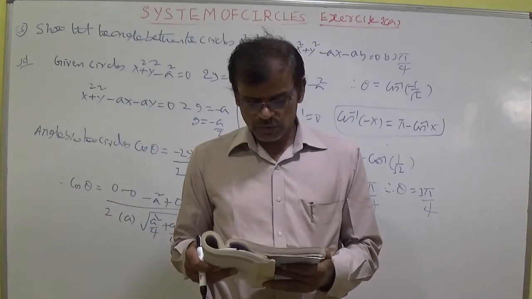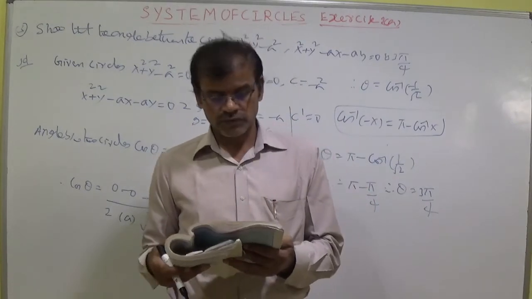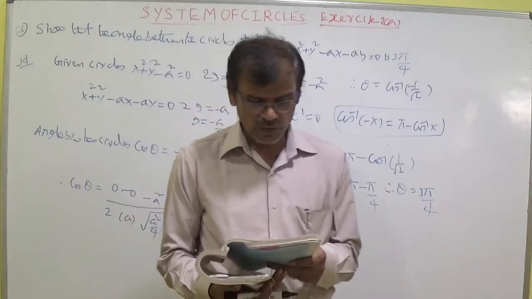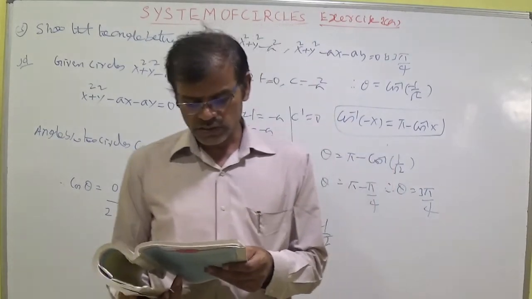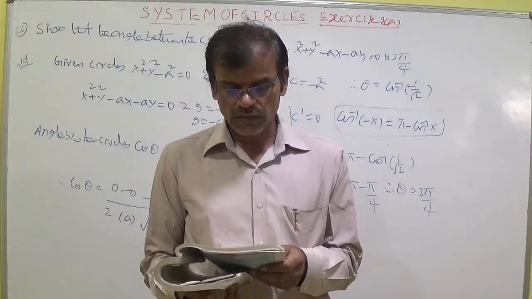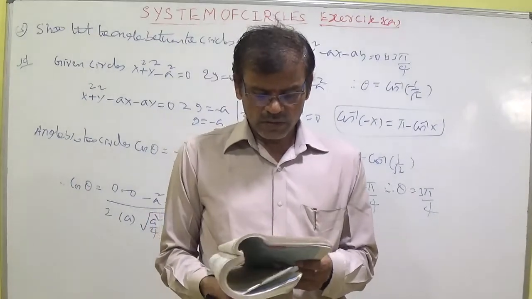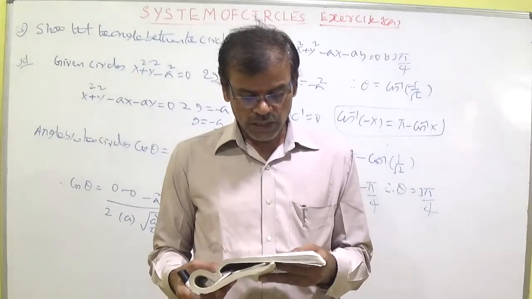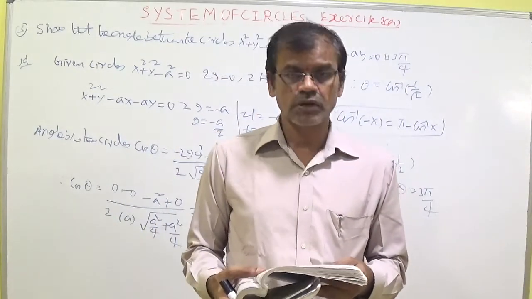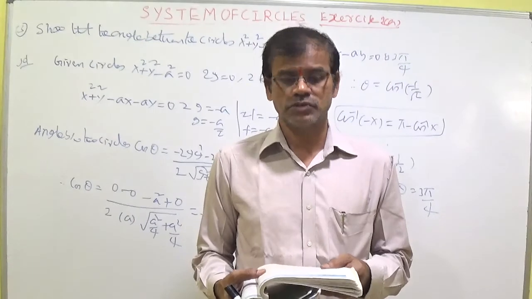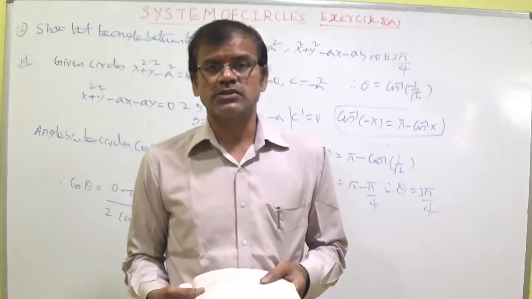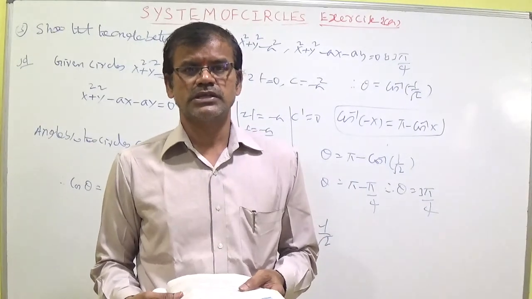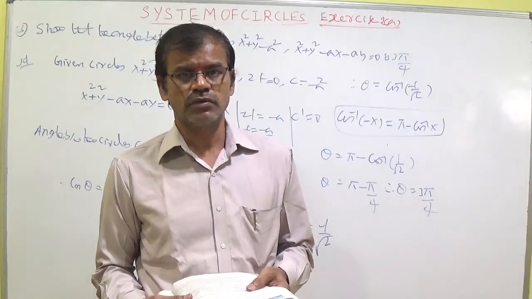Roman number 2, find the equation of circle. First question: find the equation of circle which passes through the origin and intersects the circle below orthogonally. Try yourself. Because two circles are there, first of all, whatever the circle we should know, you write the required circle as x square plus y square plus 2gx plus 2fy plus c equal to 0. Whenever it is passing through 0, 0, there is no need to write c. C becomes 0. Simply write x square plus y square plus 2gx plus 2fy equal to 0.